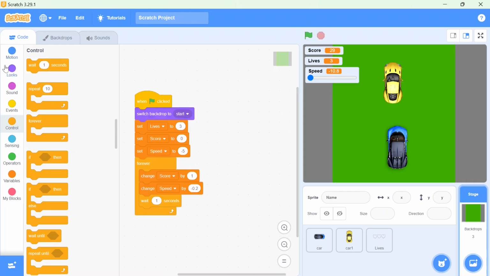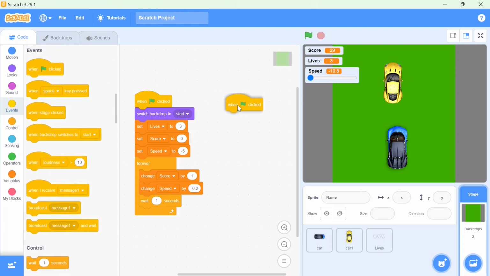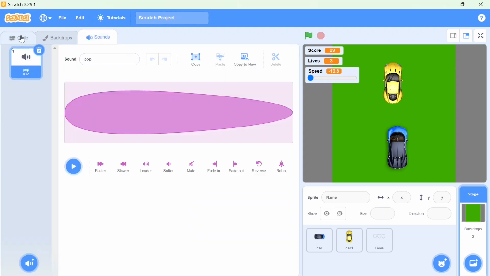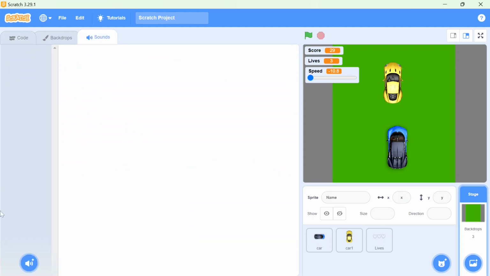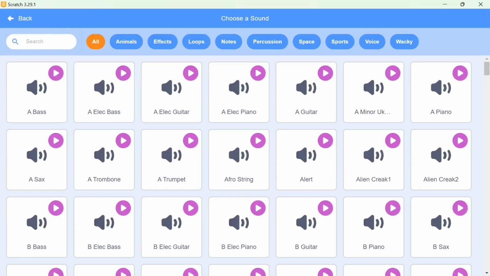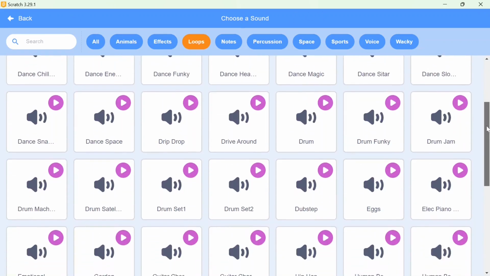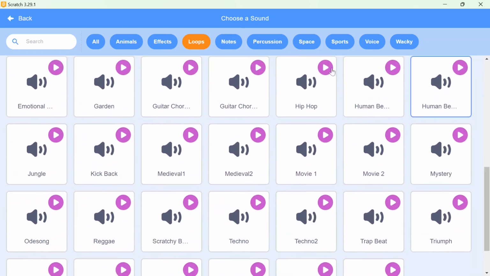And one more interesting point I want: whenever I start the game, some interesting sound should be played. For that I'm going to choose the event block again, and here I want the forever block and one interesting sound. So I'll go to the sound, and here I don't want this pop one, so I'm going to search and choose the sound. Okay, I'll go to loop because I want long music, and here what am I going to select? Okay, this song, let's see,